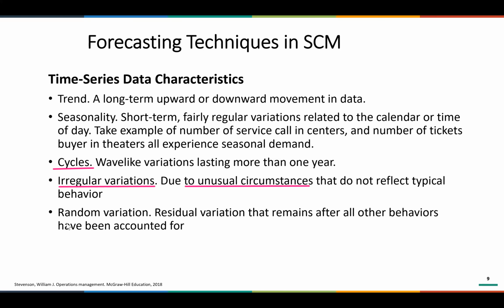Okay. Another one is random variation. Random variation is different from irregular variation. Irregular variation reflects something that is not typical. But random variation is something common for each